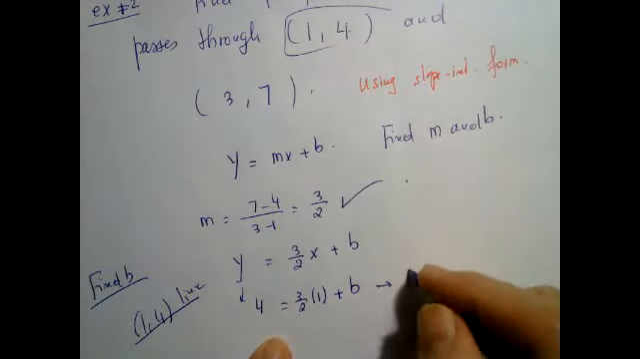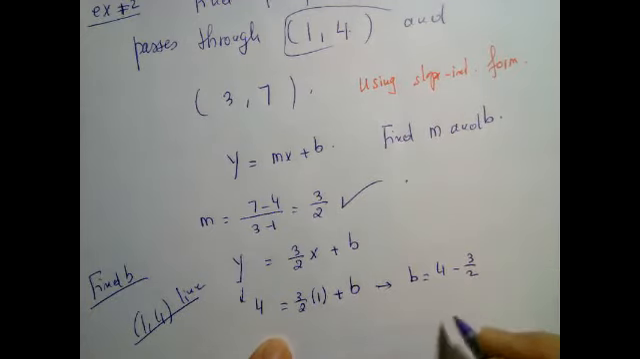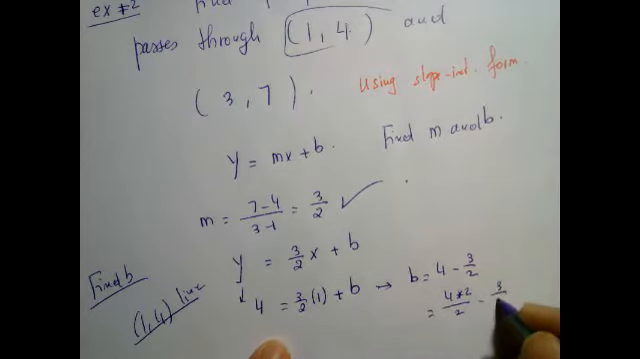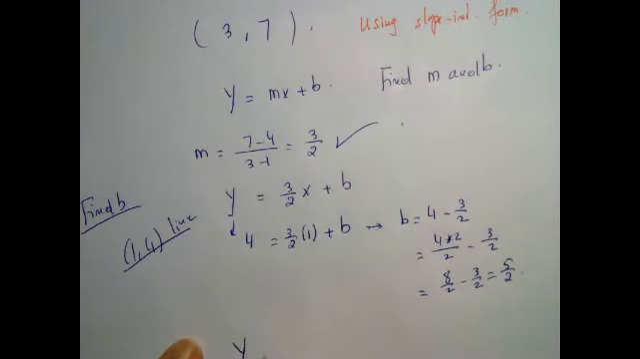So this will give me that b equals 4 minus 3/2. Common denominator, 4 times 2 over 2 minus 3/2. It means 8 over 2 minus 3 over 2. This is going to give me 5/2. So the equation will become y equals 3/2 x plus 5/2,